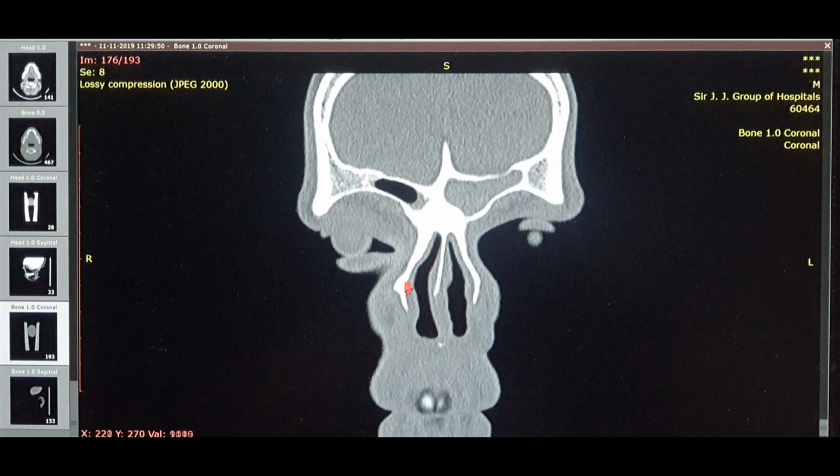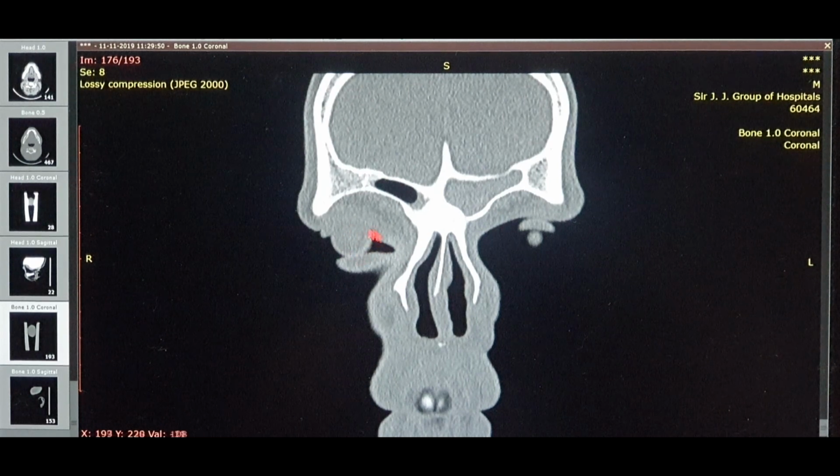And you can see this long elongated process. That's the frontonasal process of the maxilla. So that's the frontonasal process of the maxilla. That's the perpendicular plate of the ethmoid appearing in the nasal septum now. Now that's the cartilaginous part of the septum. That's the bony part of the septum. So you can start